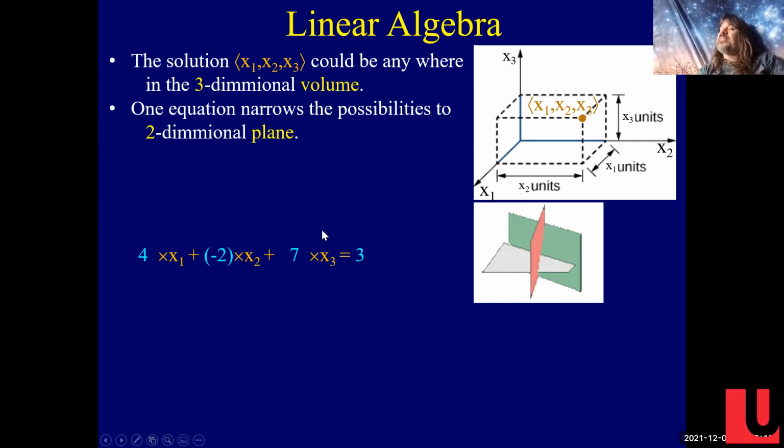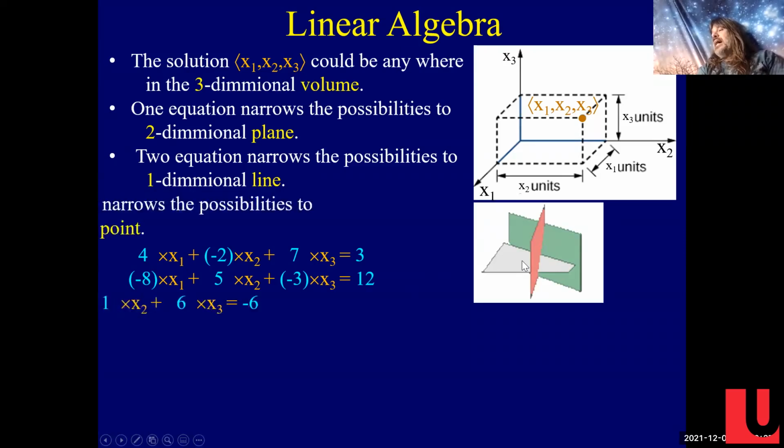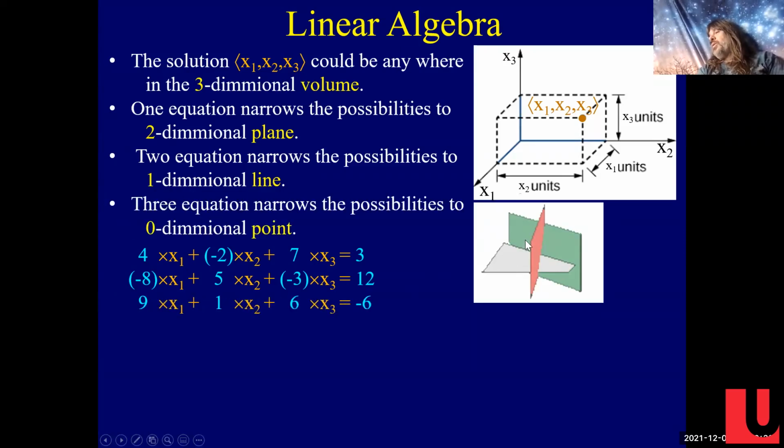The points that satisfy this equation might all lie in that green plane. And then here's another equation. They all might lie in the gray plane. And then a third equation narrows it down to the red plane,